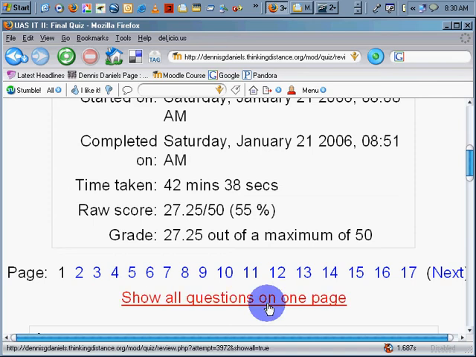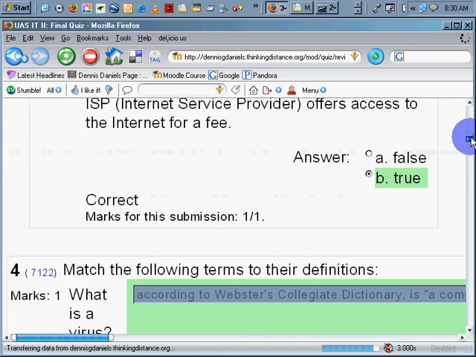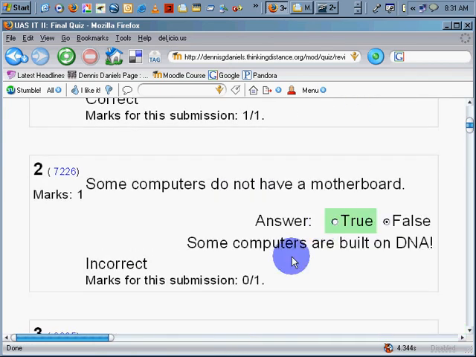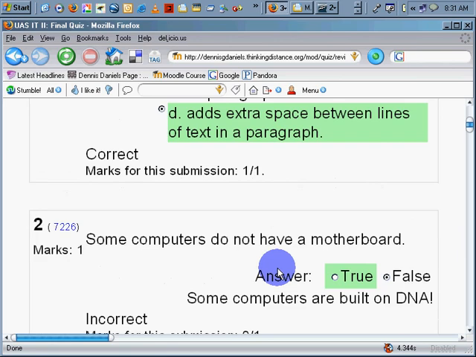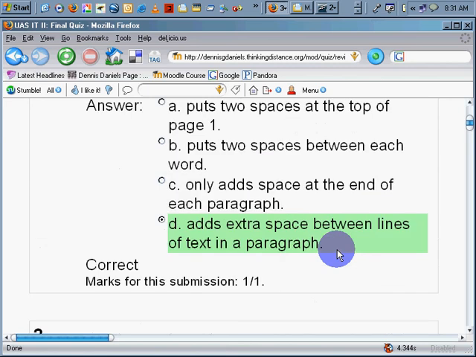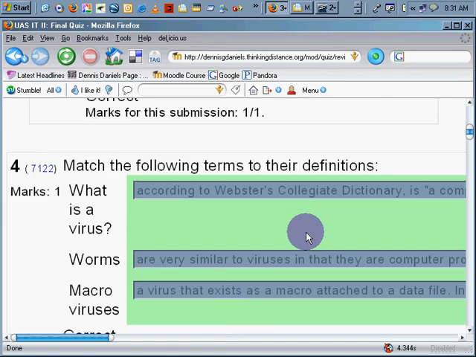Let's show all questions on one page. And if we scroll down, you can see that the correct answers are marked green. Some computers do not have a motherboard. That's a question. Okay, so I'm looking for questions that might be incorrectly formatted or have errors in the test